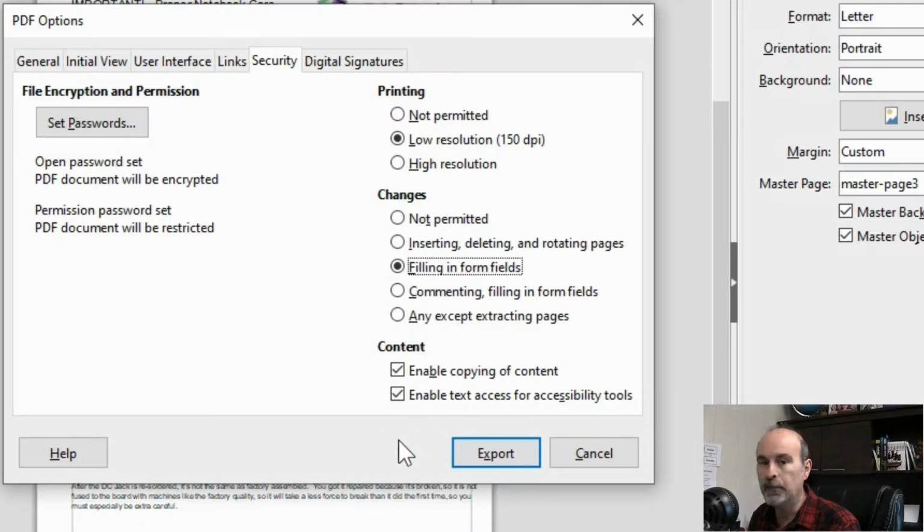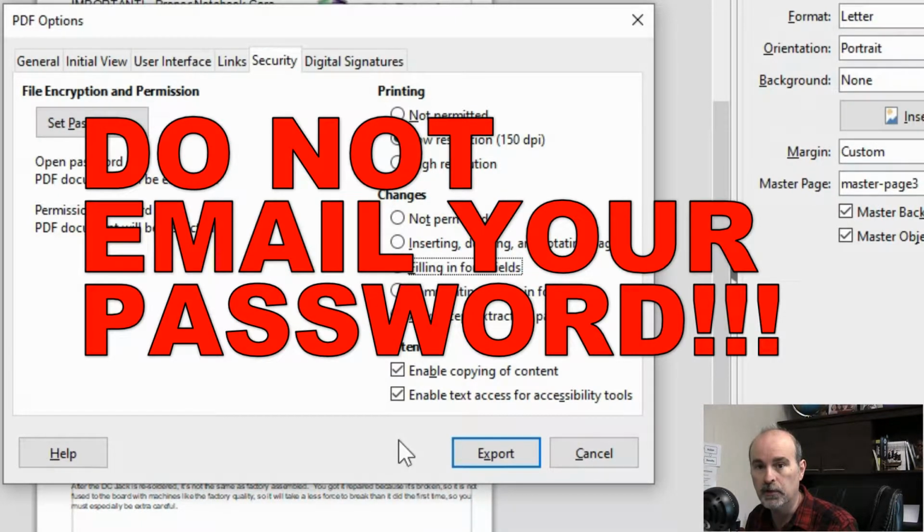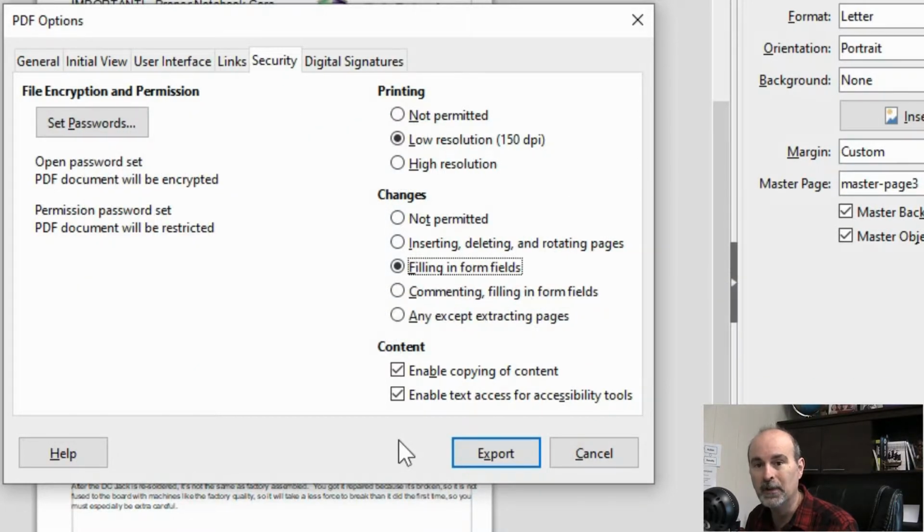And so that password now, of course, the other thing, which I can't believe how many people still do this, do not email the password to the person telling them what the password is to open that document with. And I don't care if you're using a separate email or a different email address, you're still sending it by email to their same email address.